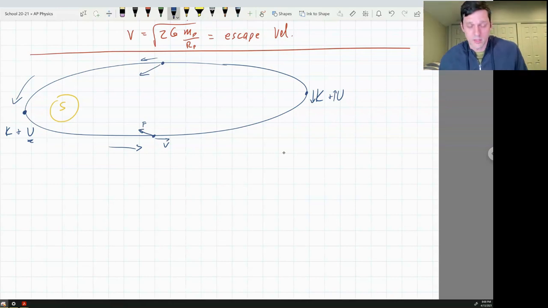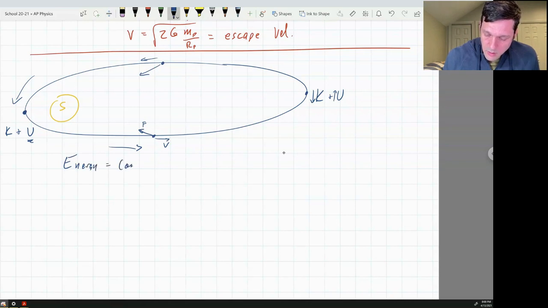So all this goes to say energy is conserved no matter how you consider it. And the way we can represent that is with our usual energy conservation. Kinetic plus potential at one point equals kinetic plus potential at another point. Kinetic, conveniently, 1/2 mv squared. Potential energy is, again, negative